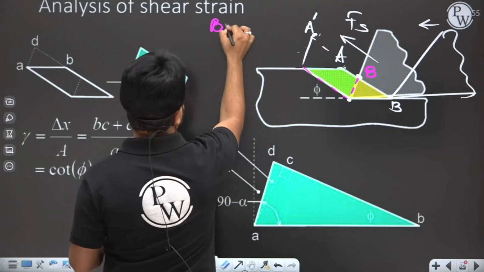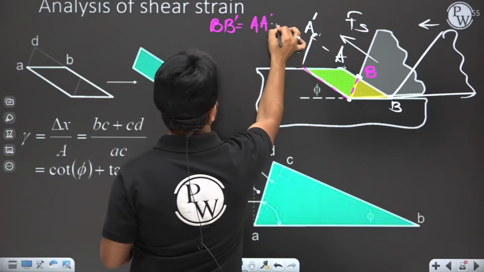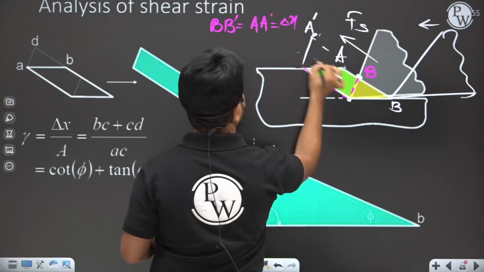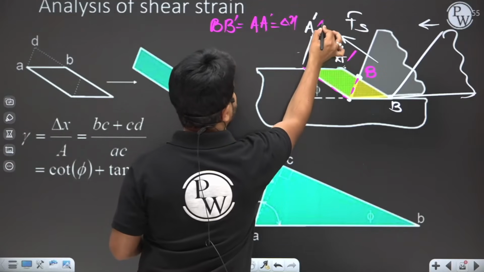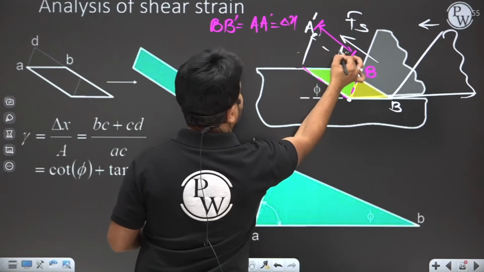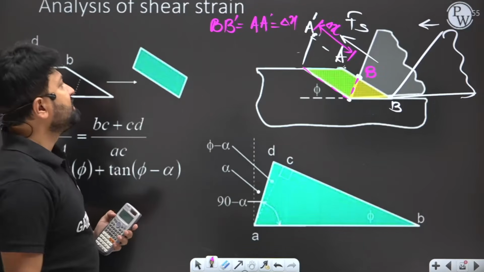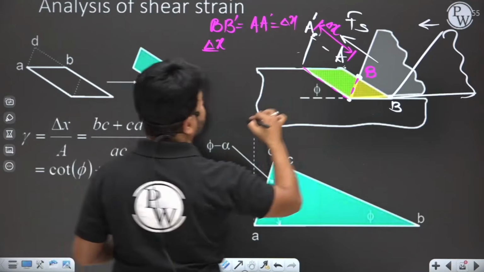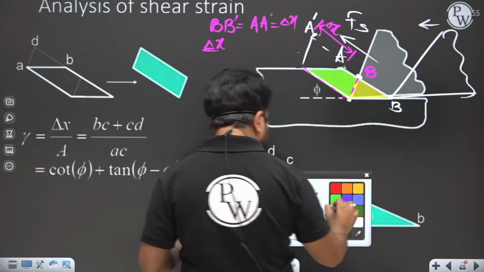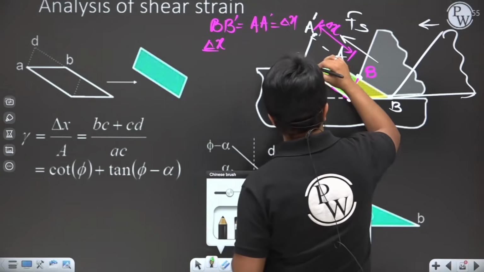That B dash equal to A dash. That is, let's say, delta X. This is known as delta X. So if delta X is divided by the perpendicular distance, my dear student,